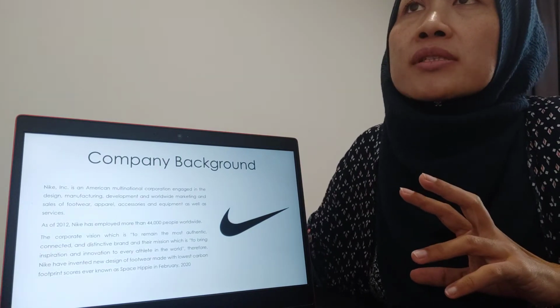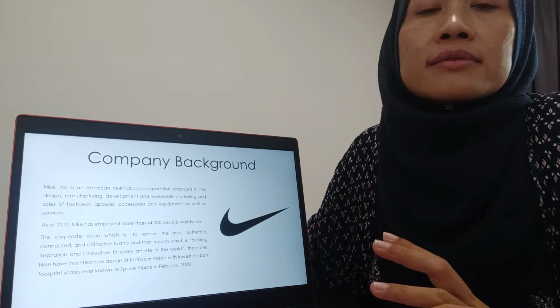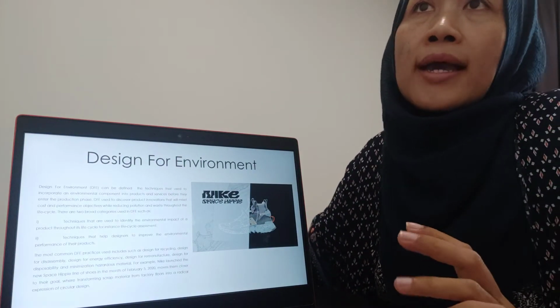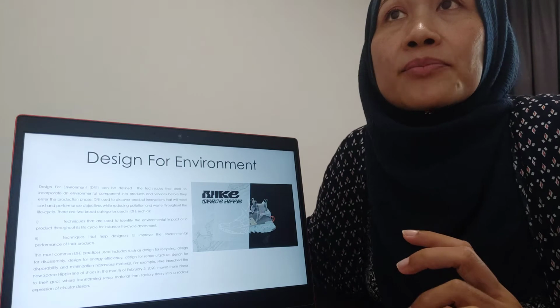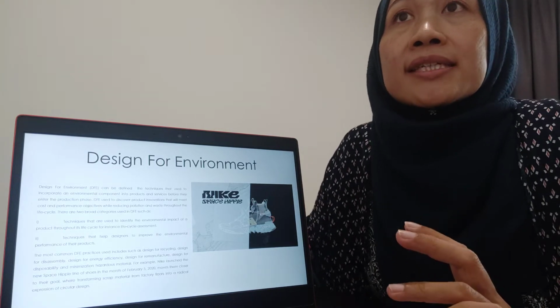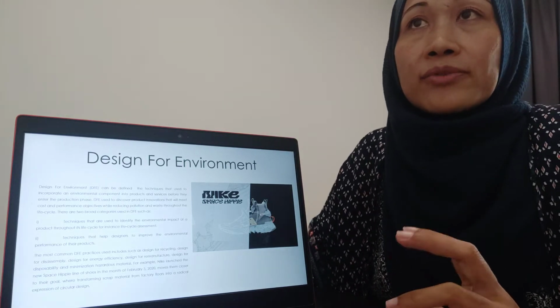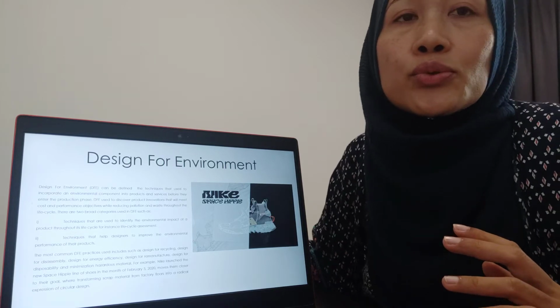Nike chose their product design based on design for environment. Why do they choose design for environment as the product development basis? This is because DFE techniques will meet cost and performance objectives while reducing pollution and waste through the